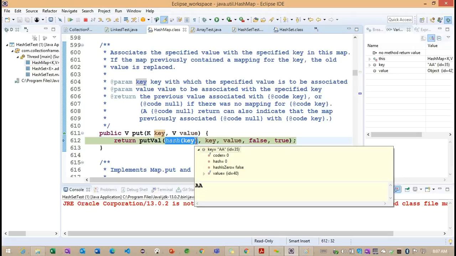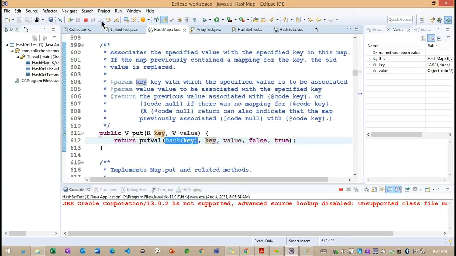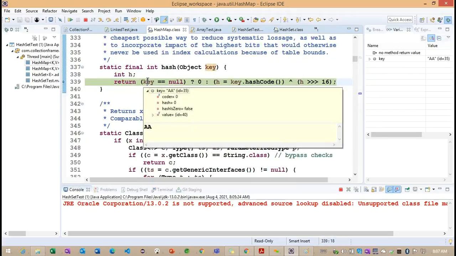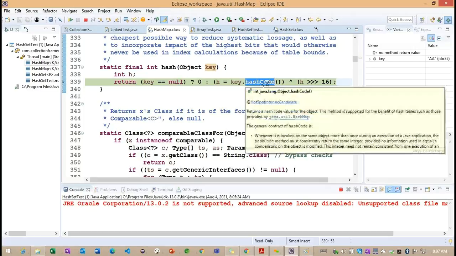We need to focus on this hash, so let me move inside it. This is our hash method. The key is not null, so we have the key. Now we need to go for key.hashCode. To understand key.hashCode, where do we need to go? We need to go to the String class.